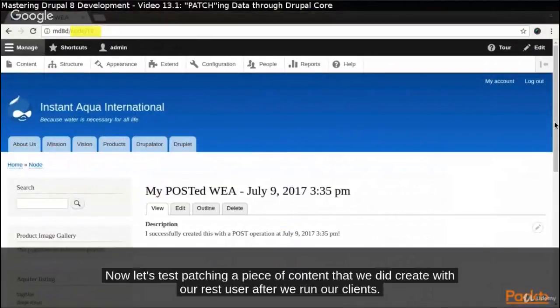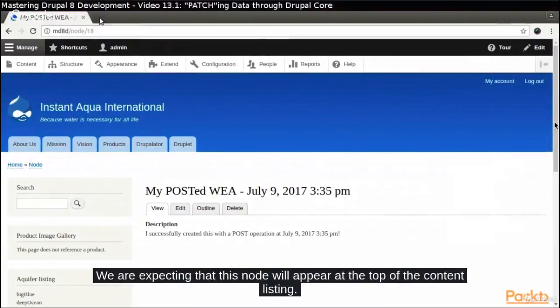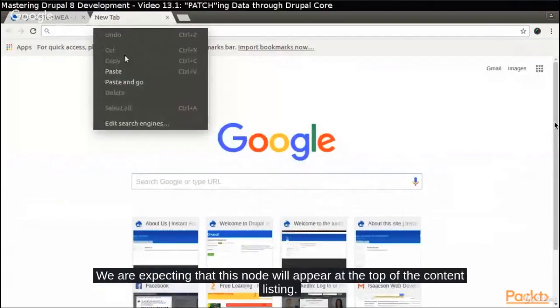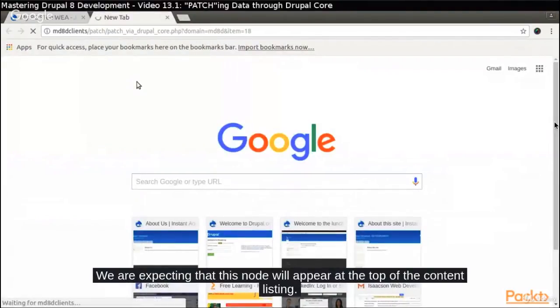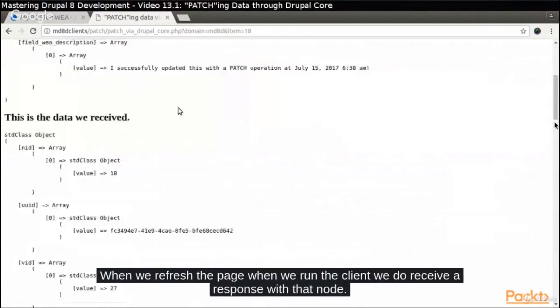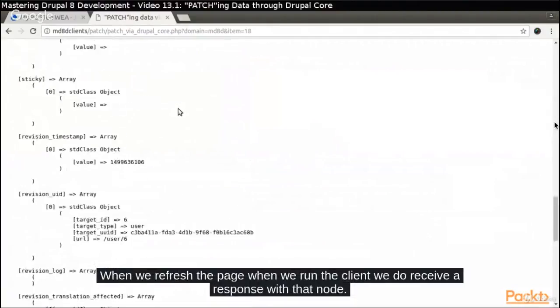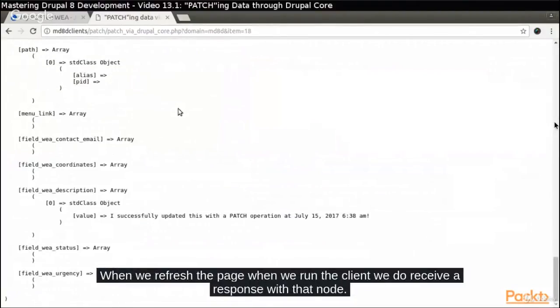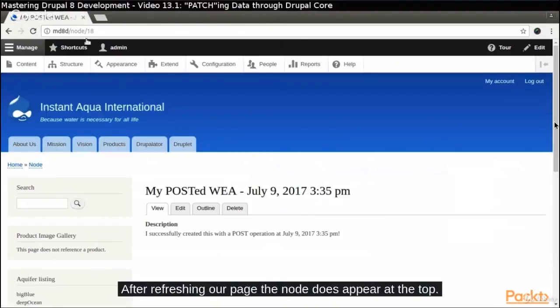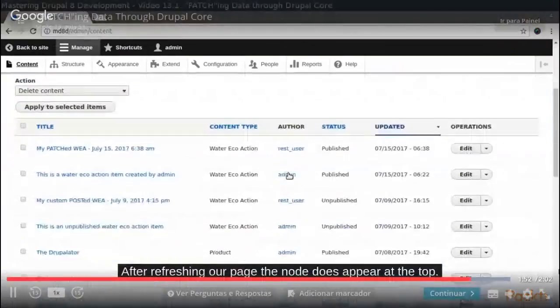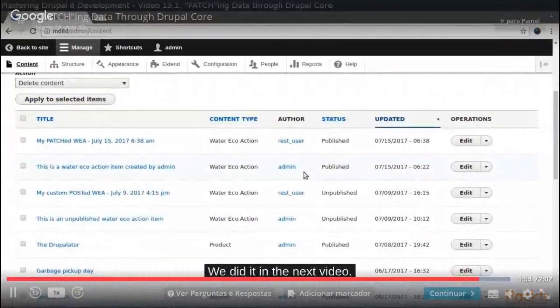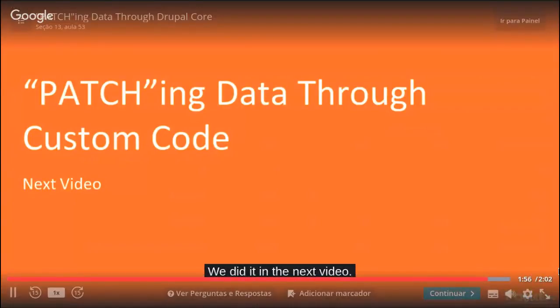Now let's test patching a piece of content that we did create with our REST user. After we run our clients, we are expecting that this node will appear at the top of the content listing when we refresh the page. When we run the client, we do receive a response with that node. After refreshing our page, the node does appear at the top. We did it. In the next video,